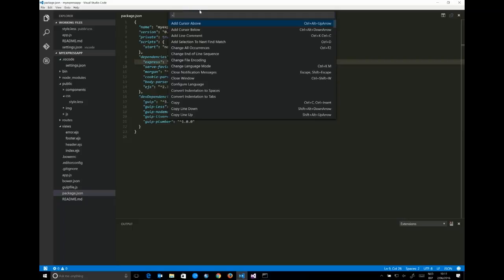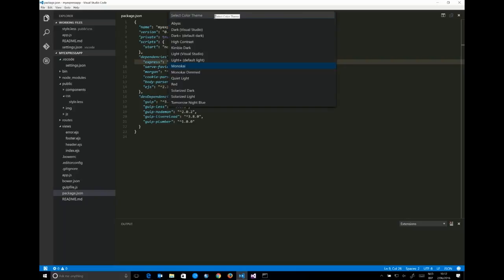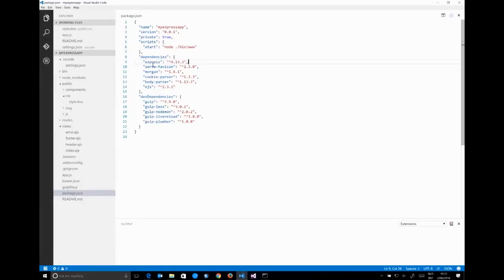Basically what you see here is what we call the command palette, where you'll have access to every single command that is available inside of Visual Studio Code. So let's say we want to change the color theme of Visual Studio Code. We can just start typing, let's say, theme, and we'll see Preferences: Color Theme. Just press enter, and then we can choose which theme we want to use. So let's say we want to switch to the light theme. There we go, and that's done through the